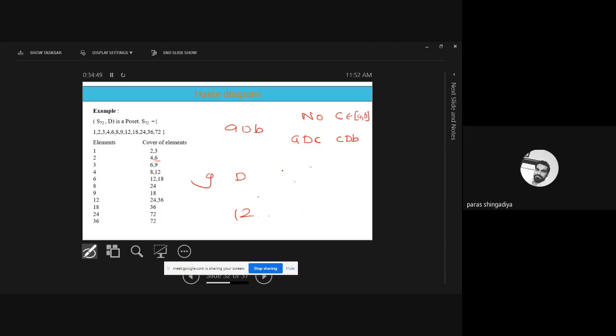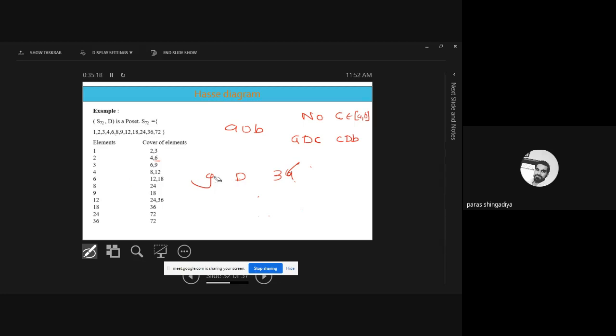And after 18, 24 is there. Okay. So it is also not true. And then after that, 36 is there. Clear? 36. 9 divides 36. That is correct. But in between 9 and 36, 18 is given. And that is a counter example of C. क्योंकि दोनों को divide करेगा वो. 9 divides 18 and 18 divides 36. And same argument for 72. Okay. So only one answer for 9, that is 18 only.